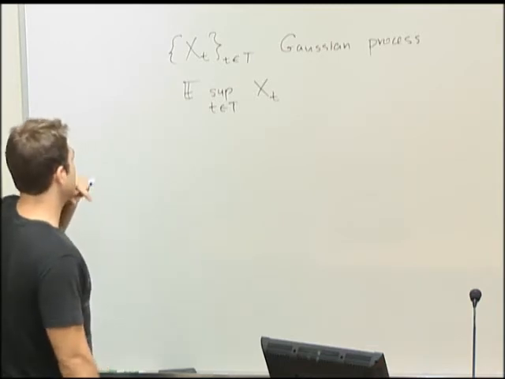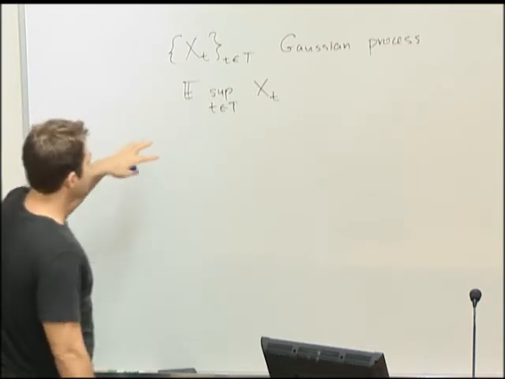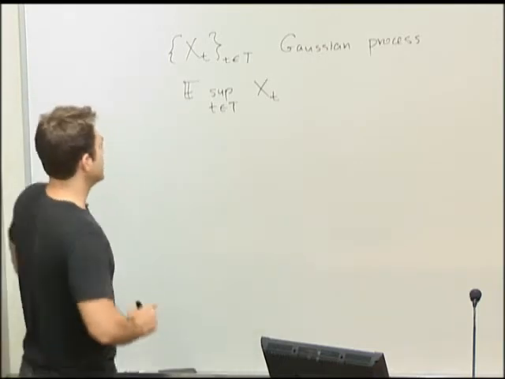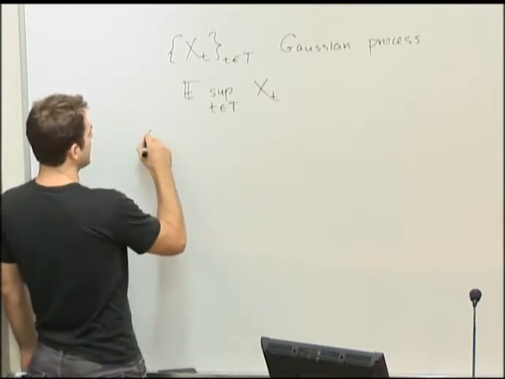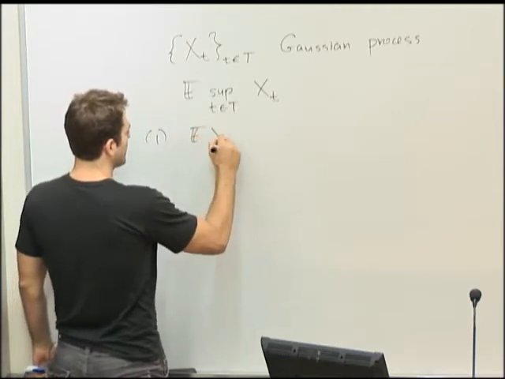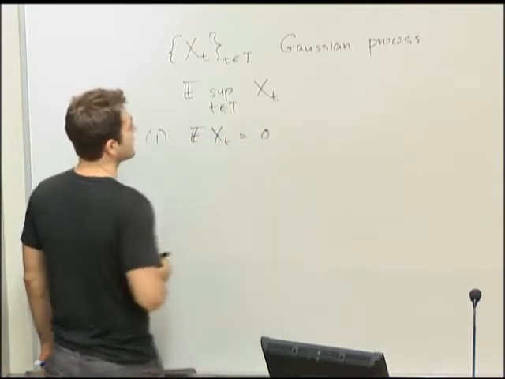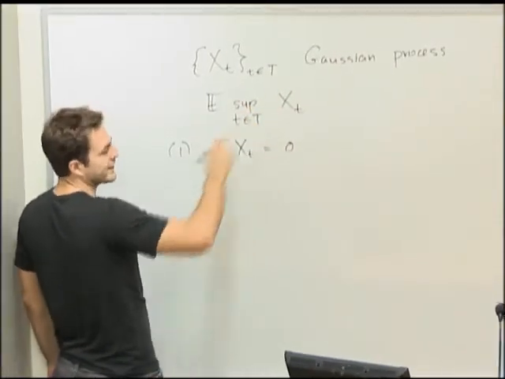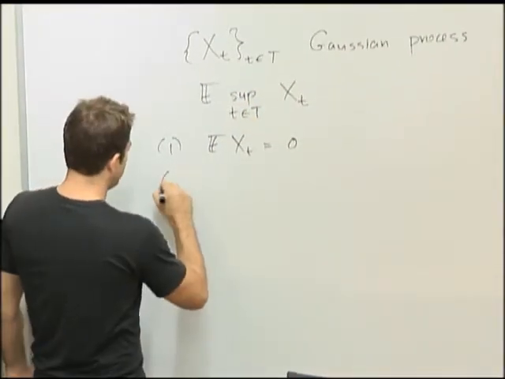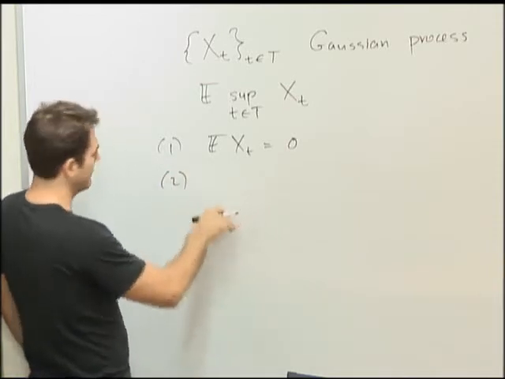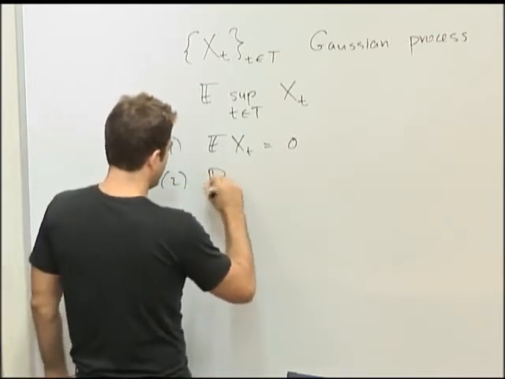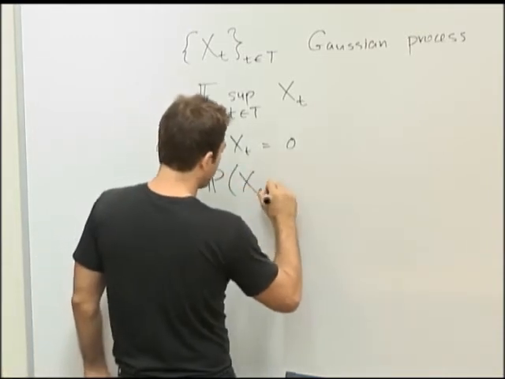And let me just say, today we're going to have to use more properties of Gaussian processes than we did the last time. But the only two things we used last time were that we assumed that all these random variables are centered. So in general, when I say Gaussian process, I always mean a centered Gaussian process. And this is the last line I'm going to write here, so I hope it's still visible. And we used some kind of tail bound for Gaussians.